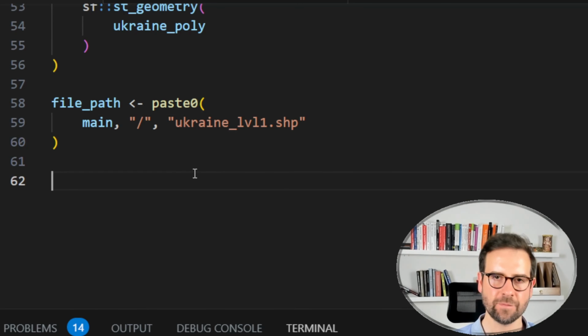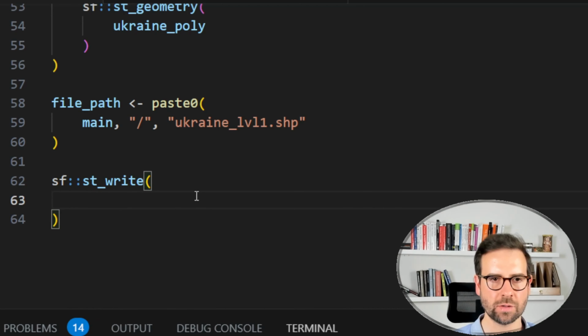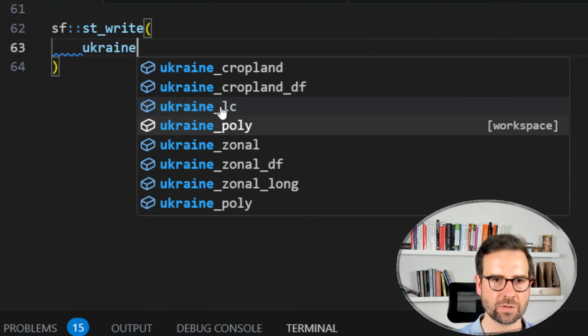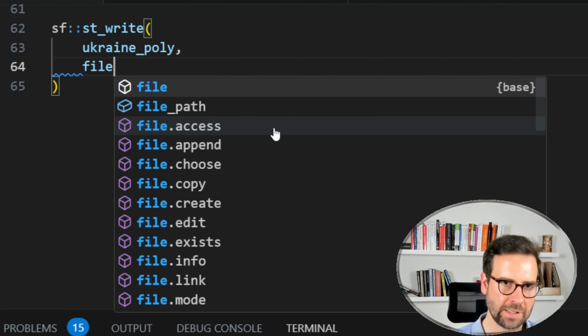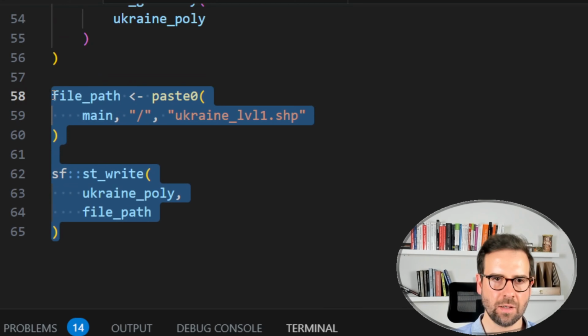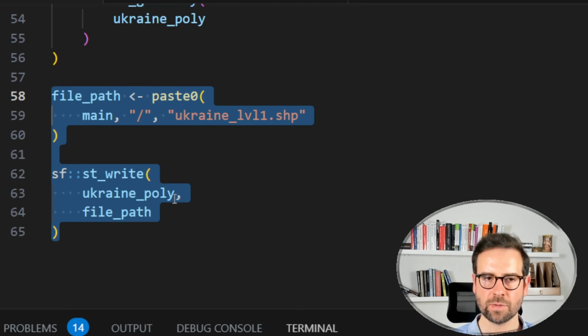Once we created this file path, we can finally write this sf object to our local drive, and for that we use the sf package and st_write. Here we first need to specify the name of the object, so it's called Ukraine poly, and then we need to specify the path to the file, which we just created, and it's called file path. Once you run these both things, the pathway will be created, and then we will write this sf object to the path. Next, we will just run this, and after that, we can move on to loading the data